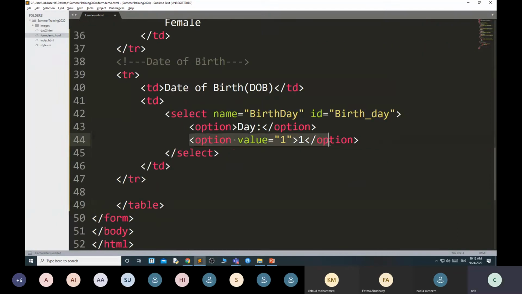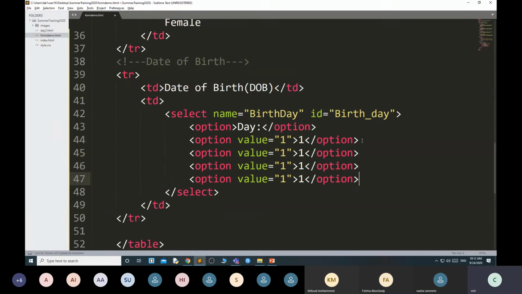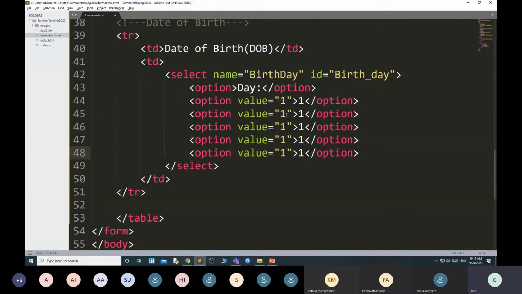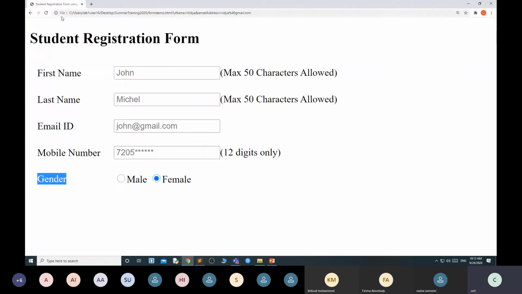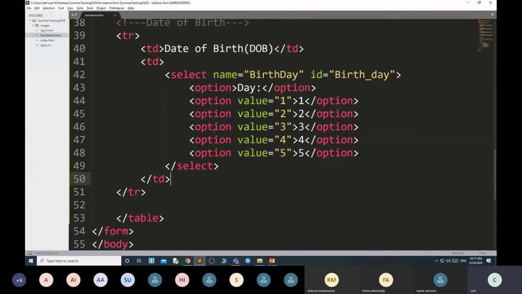Then copy and paste, 2, 2, 3, 3, 4, 4, 5, 5. It will show like this. Day, you can select the day. Then again for the month, again for the year.